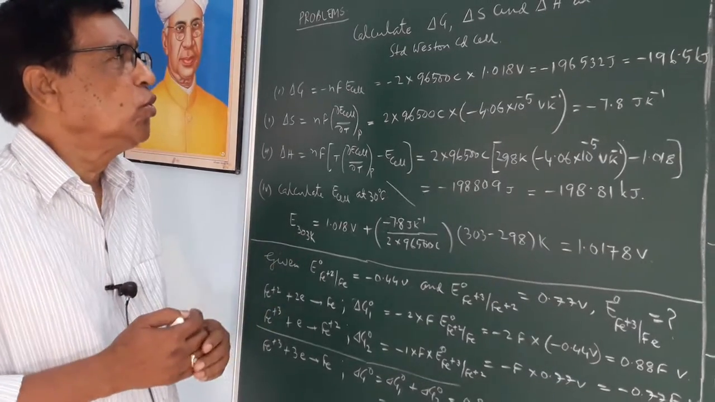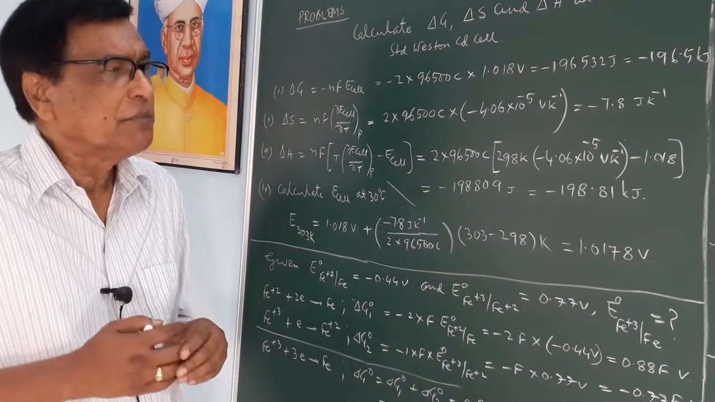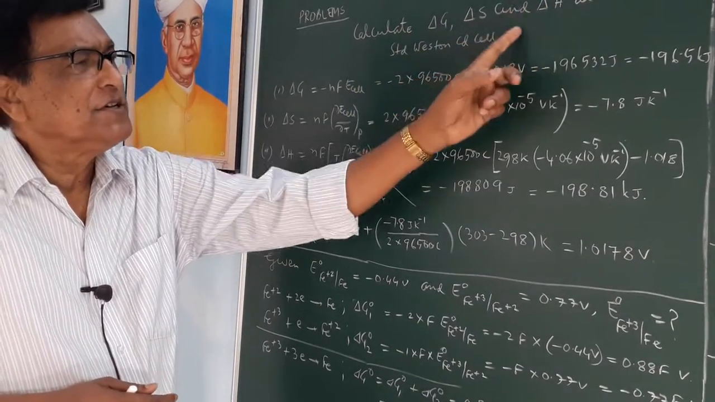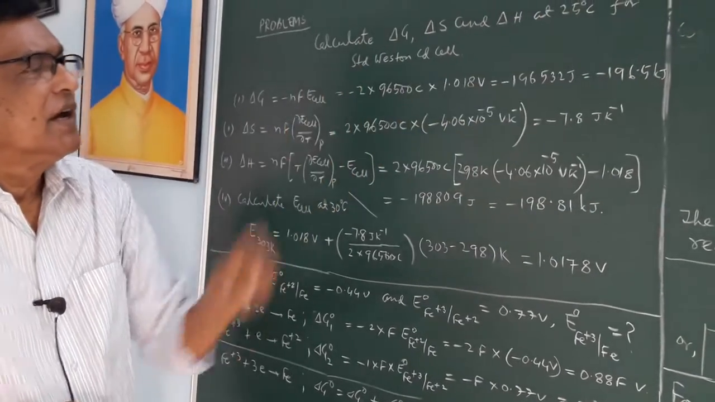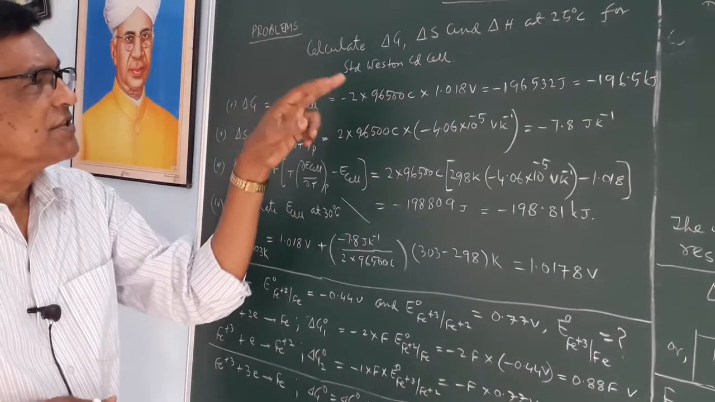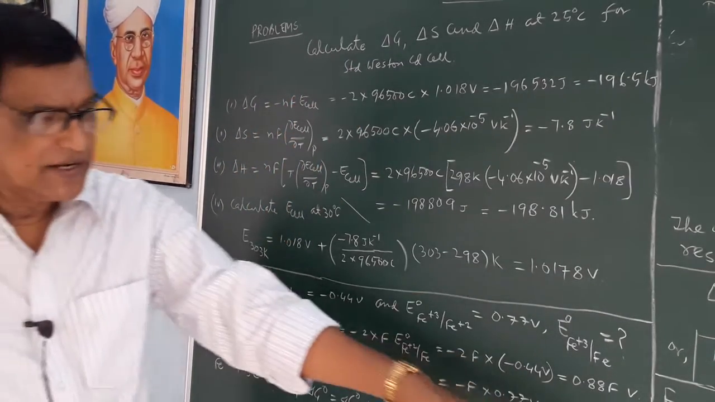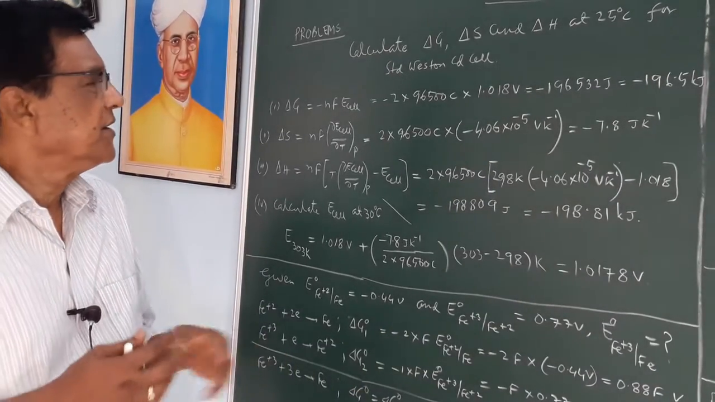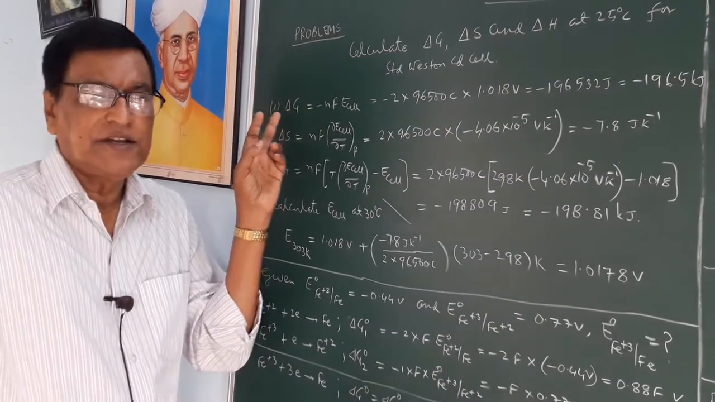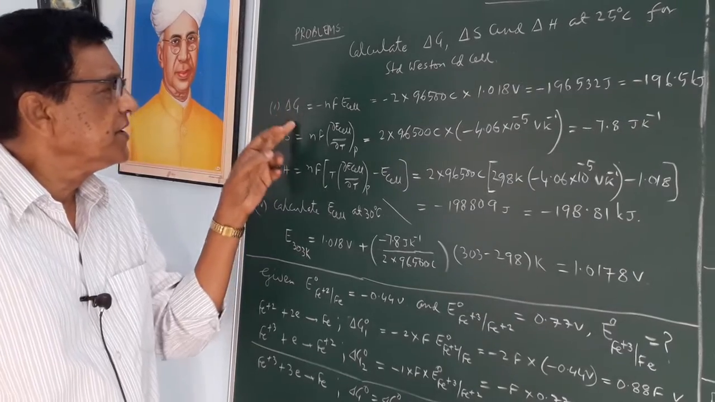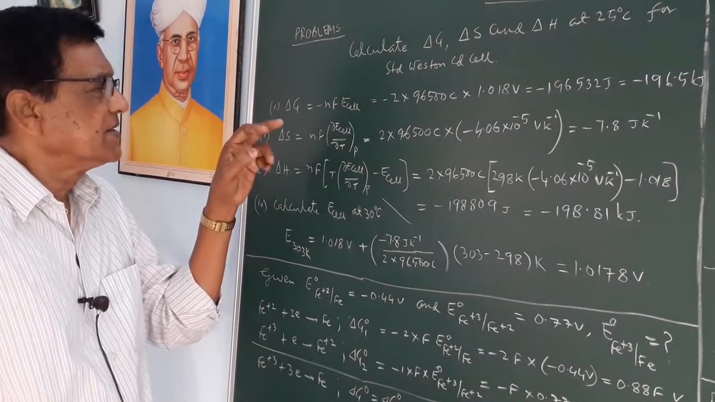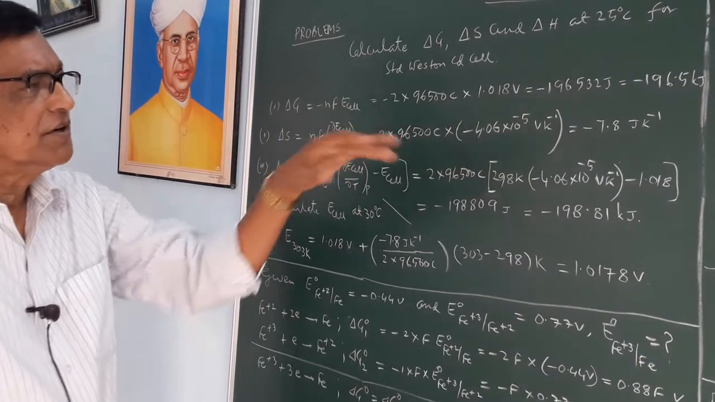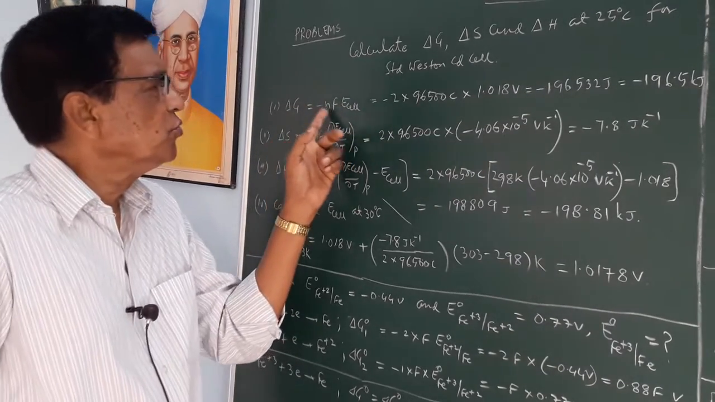Now I shall show the thermodynamical properties: the free energy change, entropy change, and enthalpy change at 25 degrees centigrade. We would like to calculate these for the standard Weston cadmium cell, which I have already discussed. Delta G means the free energy of this cell reaction, equal to minus nFE cell, where n equals 2 and F equals